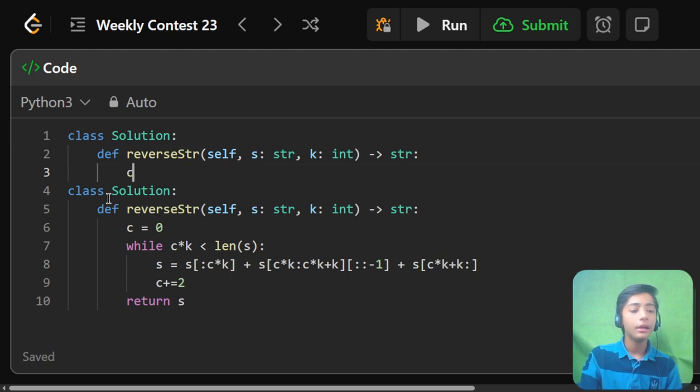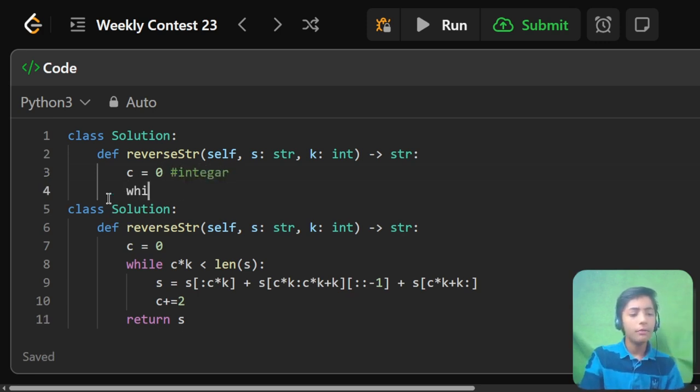Now define a variable c in which you write 0, an integer. Define a while loop in which c multiplied by k is less than len(s). In this line I am counting the length of our string s, which we are using in today's video.